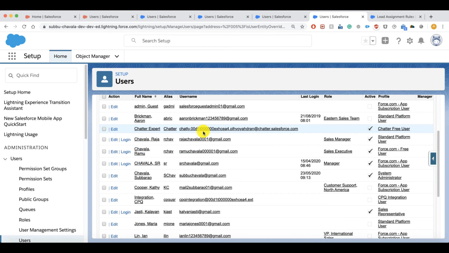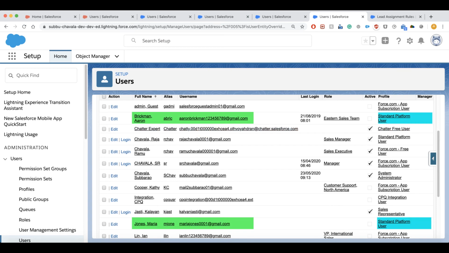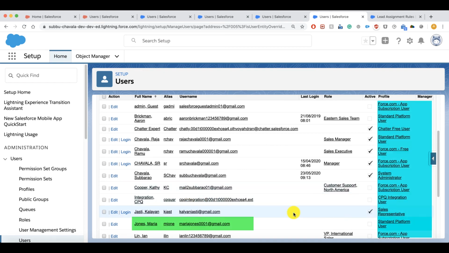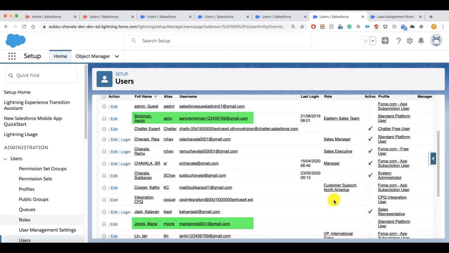Definitely you will get a question in interviews. How many profiles can you assign to a user? They will ask something like that. So a profile can be assigned to many users, but a user can be assigned to one profile at a time. This is the point we need to take care of every time. It means if there is a user called Maria, she can be assigned to a single profile, not to multiple profiles at the same time. But on a single profile, there can be multiple users.